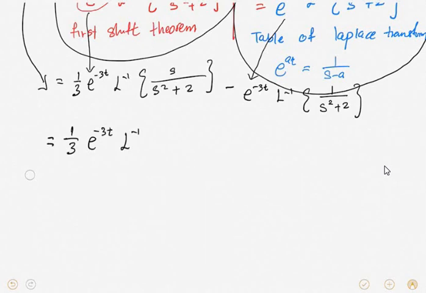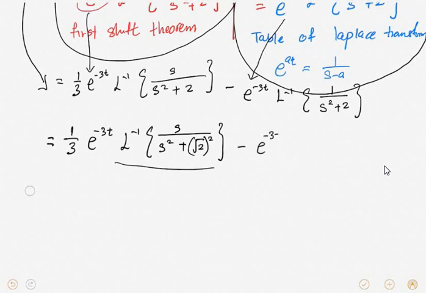Okay, I do it slowly, step by step. This one is the square root of 2. This one is to form the cos at, okay, minus exponent negative 3t multiply with,